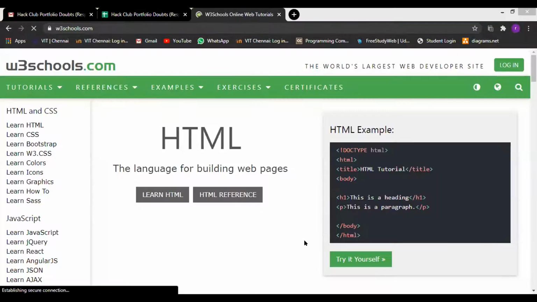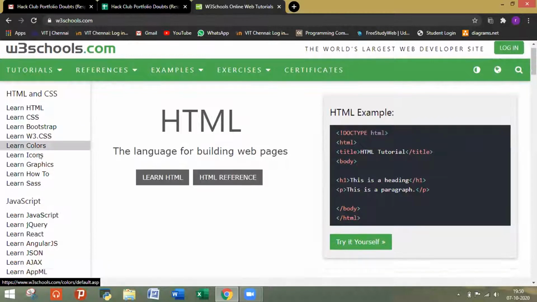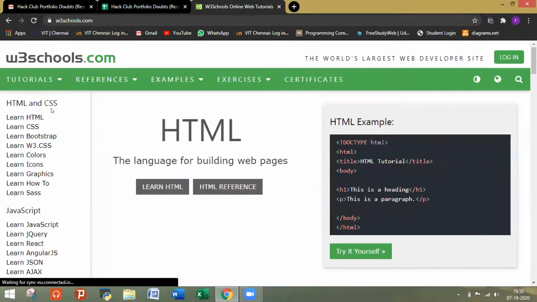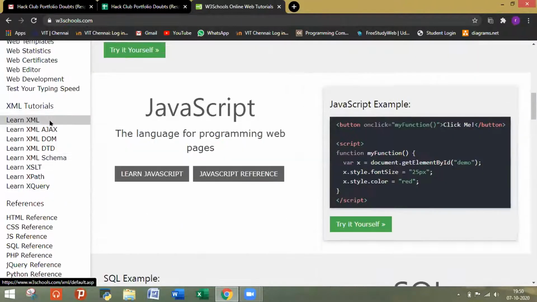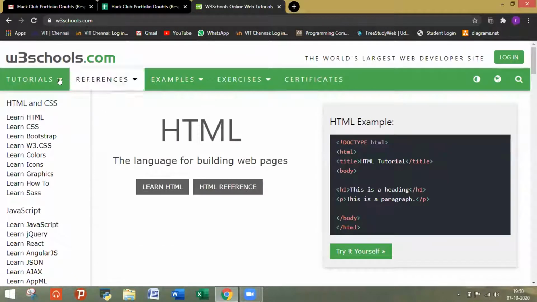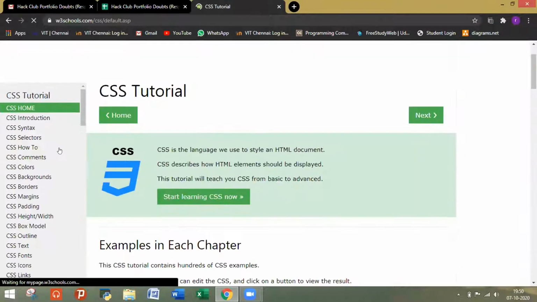If two elements are in display block, then the second element starts in a new line after the first one. Then coming to display inline, your top, left, bottom, right margins and paddings are not considered, and it is displayed without rendering them.